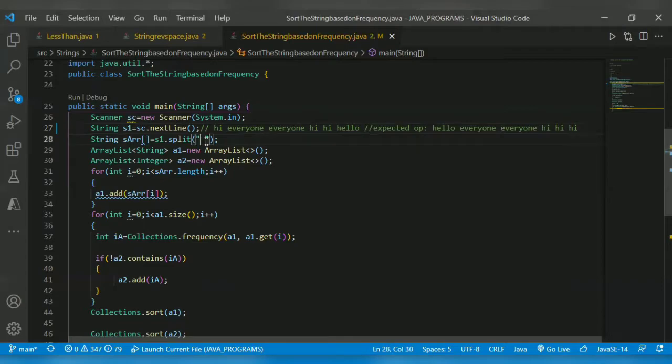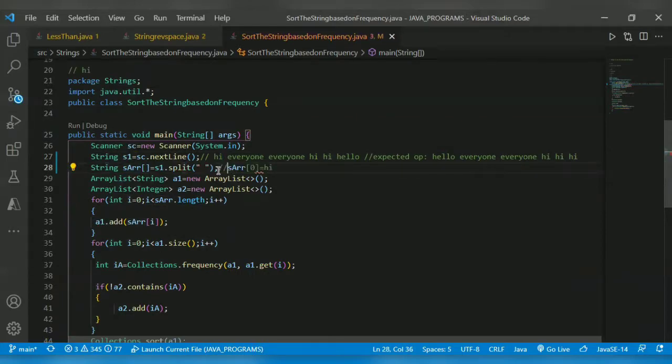By splitting on space, each value will get stored in the string array, like sa[0] equal to hi, sa[1] equal to everyone, sa[2] equal to everyone.